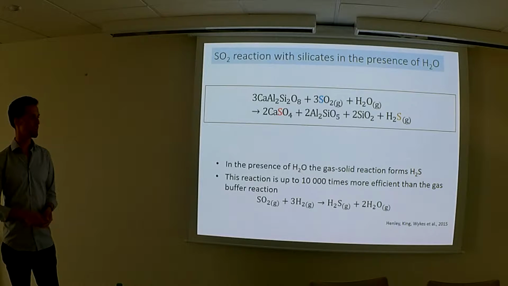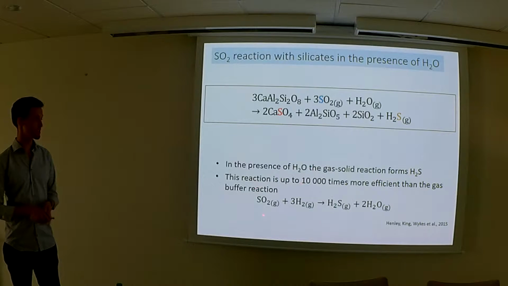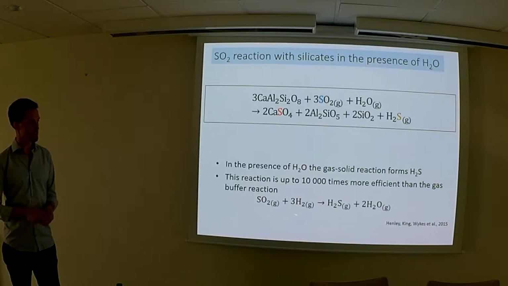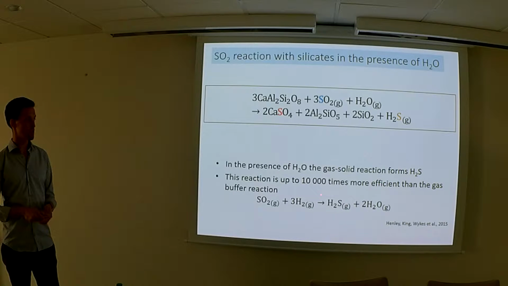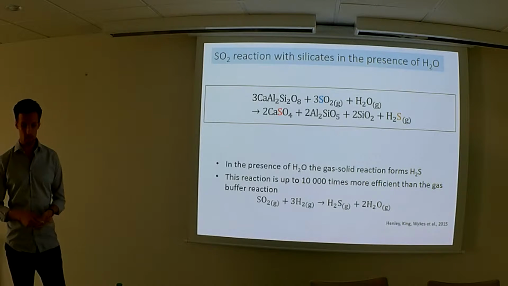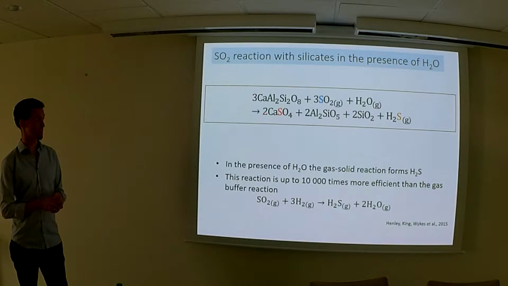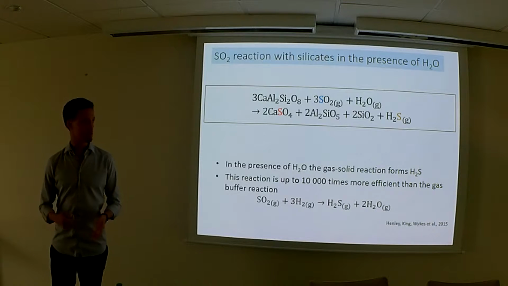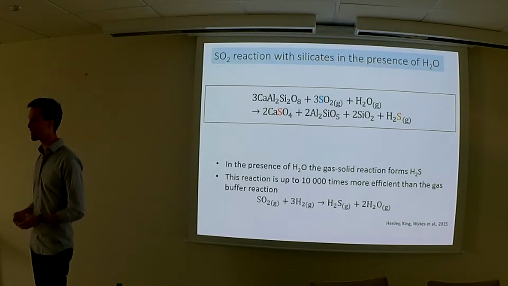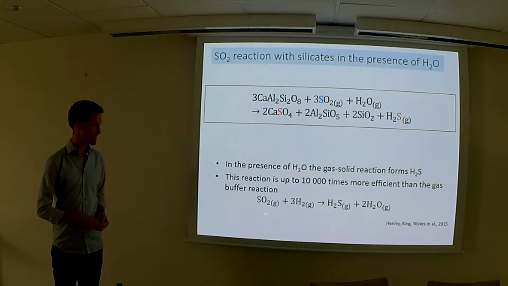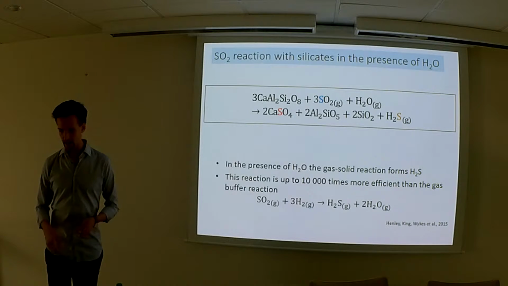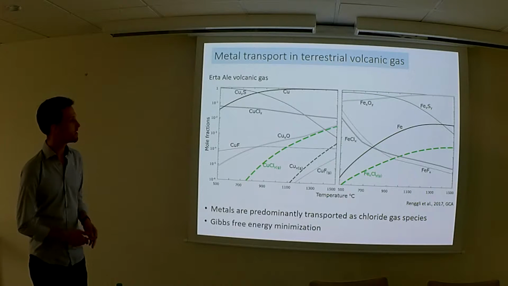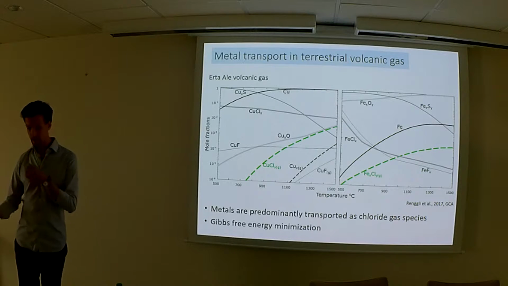Conventionally, people have been using this equation here, which is a simple gas buffer reaction of sulfur dioxide reacting with H2 gas to form hydrogen sulfide and water. But it turns out that if you have calcium-bearing silicate present, you can actually form this reduced sulfur molecule up to 10 times more efficiently and faster than with the classic buffer reaction. So if you have a reduced sulfur molecule in the gas, we can then look at the metals that are transported with the sulfur